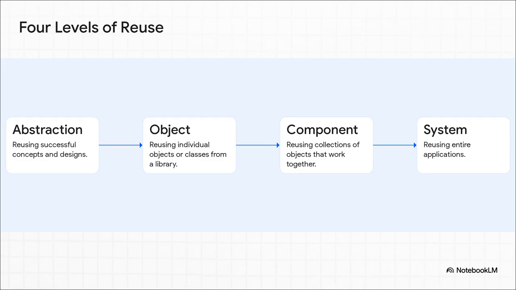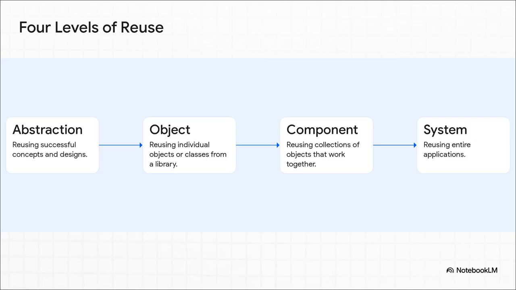It really operates on 4 distinct levels. At the very top, you have the abstraction level. Think of this like reusing a successful blueprint or a proven design. Then you have the object level, where you're pulling in a specific thing, like a pre-built calendar widget from a library. Below that is the component level, where you're using whole collections of objects that are already built to work together. And then the big one, the system level, where you might be reusing an entire application as part of